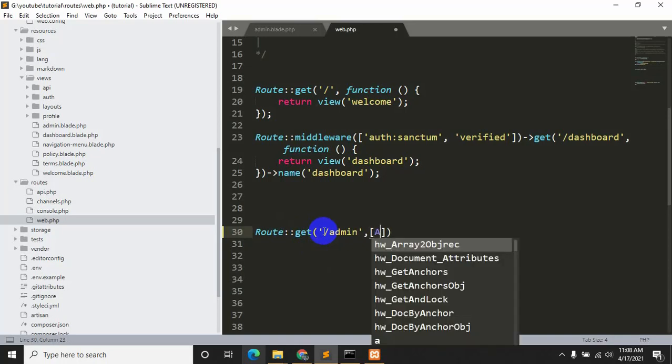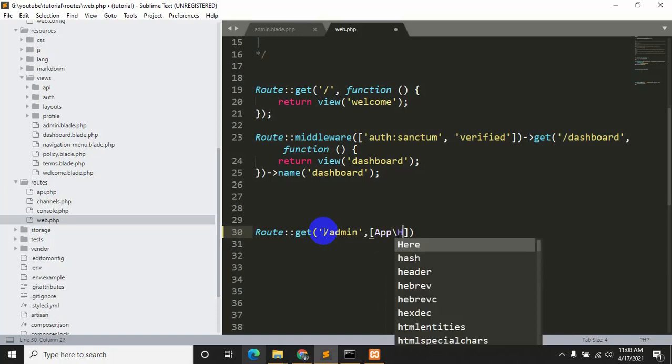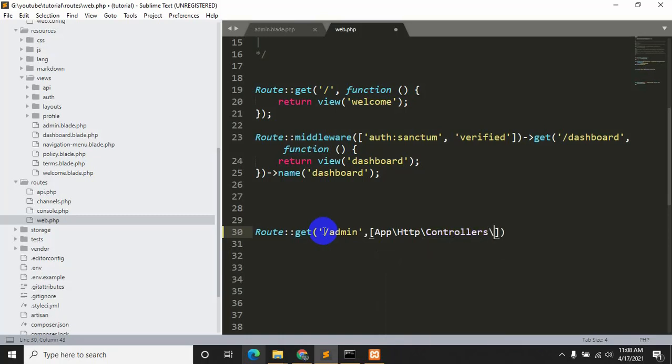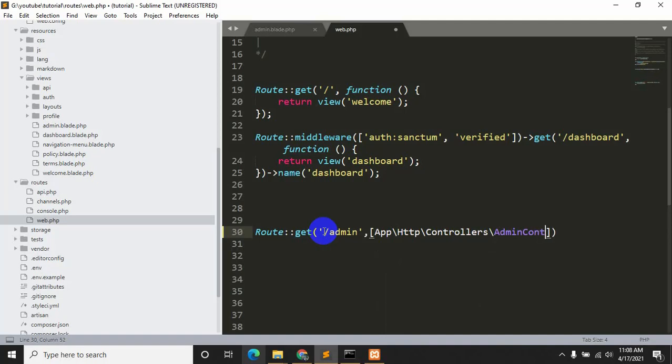So in Laravel 8 we need to write like this: App\Http\Controllers\ and we need to give a controller name. Let's say our controller name will be AdminController.